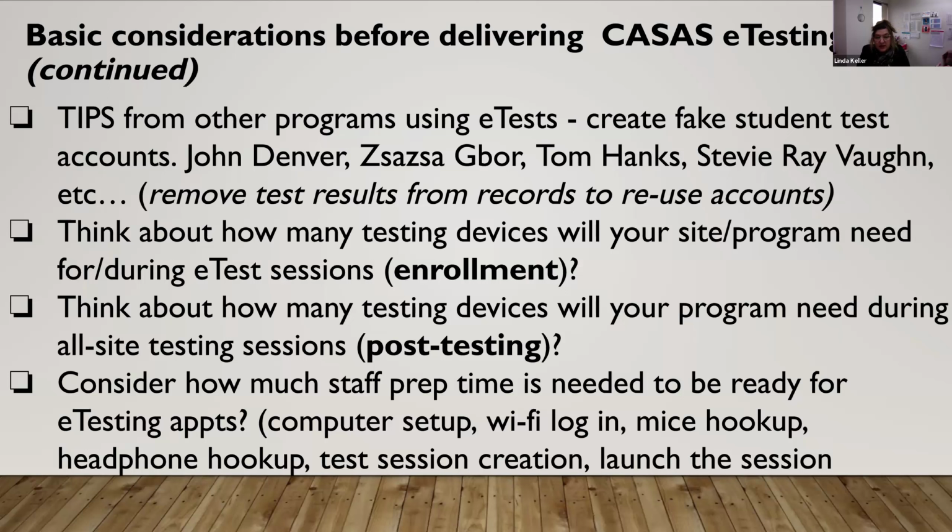The Blaine location does all site post testing in 1 day. Columbia Heights site does not have access to that many Chromebooks. They have some iPads and they have a lot of desktops. So their post testing is done over the course of a week for all of their classes. So just be thinking about those kind of logistical things.